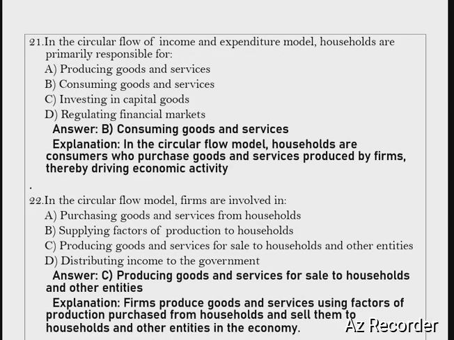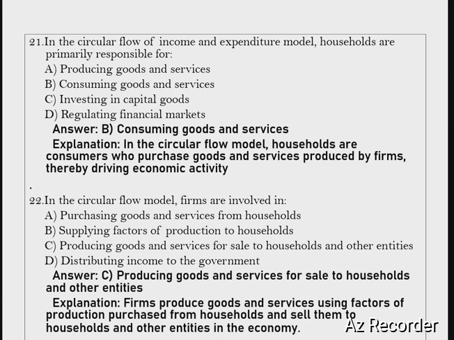Next question is, in the circular flow of income and expenditure model, households are primarily responsible for: option A, producing goods and services; option B, consuming goods and services; option C, investing in capital goods; option D, regulating financial markets. Correct answer is option B. Its explanation is, in the circular flow model, households are consumers who purchase goods and services produced by firms, thereby